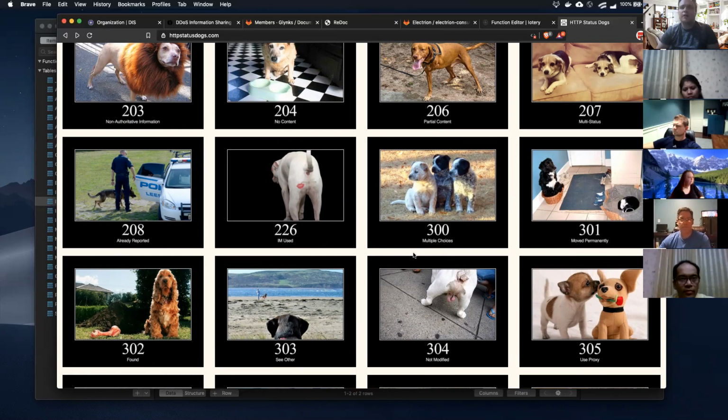Anything above 300 starts to say everything's fine, but it's not really the content that you wanted. 301 means it's been moved permanently, so if you get a redirect or something like that. The reason 301 appeared with Google is that Google has basically one big load balancer, as you can imagine, because that's one IP address, right? So that's one server handling all those requests, a really beefy one, and it's redirecting you to the right one.